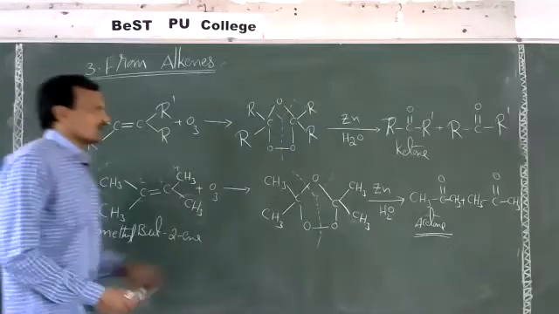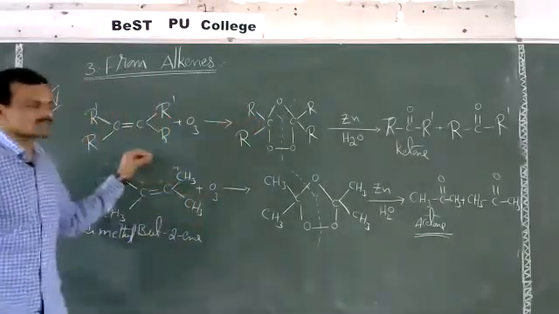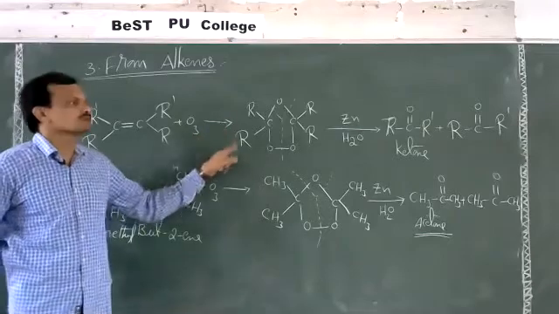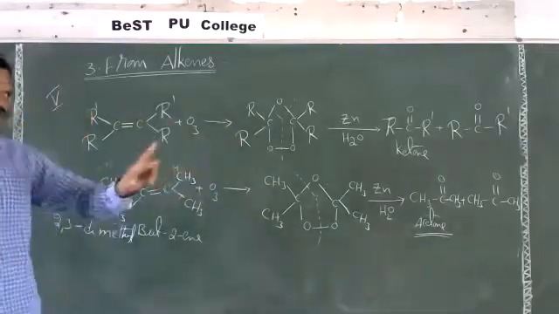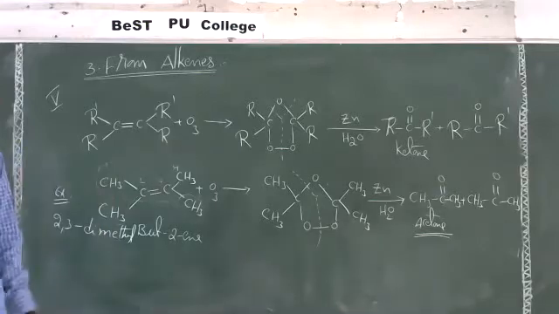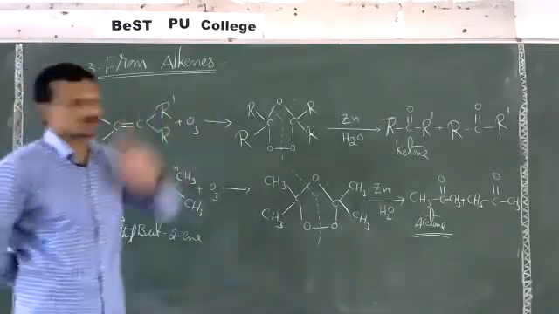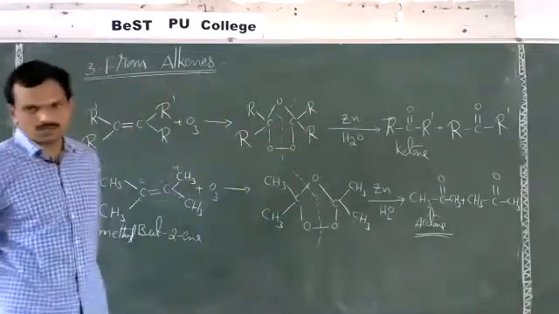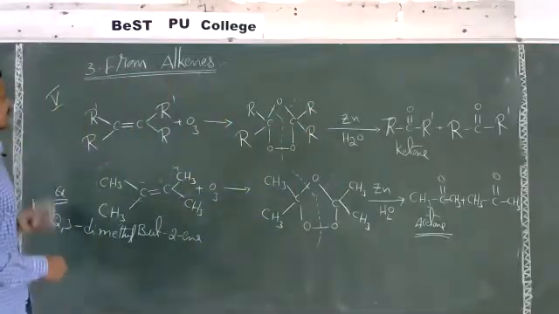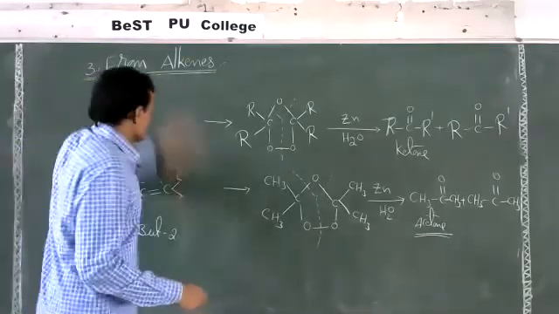So like this, alkenes, when subjected to ozonolysis, we can get aldehydes, or we can get ketones, or we can get a mixture of aldehydes and ketones. Depending on the nature of the alkene, we can get the product. Suppose in an objective examination, how do we identify the ozonolysis products easily? Let us give some examples.